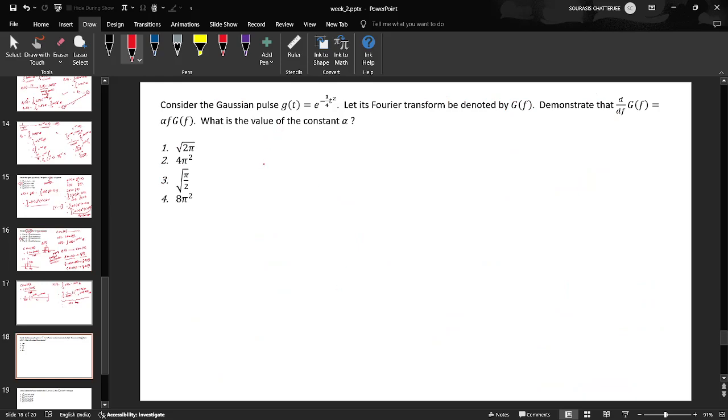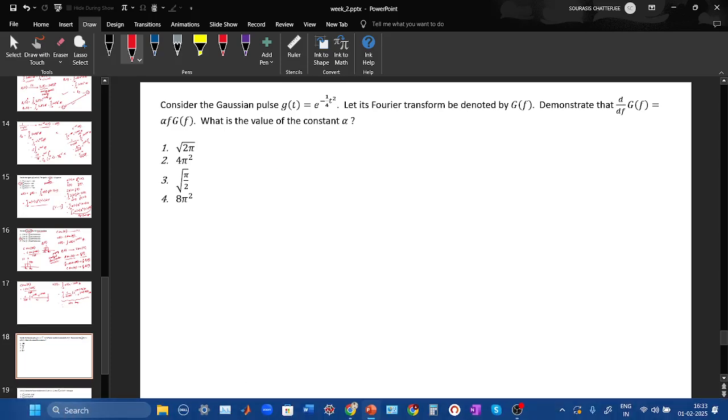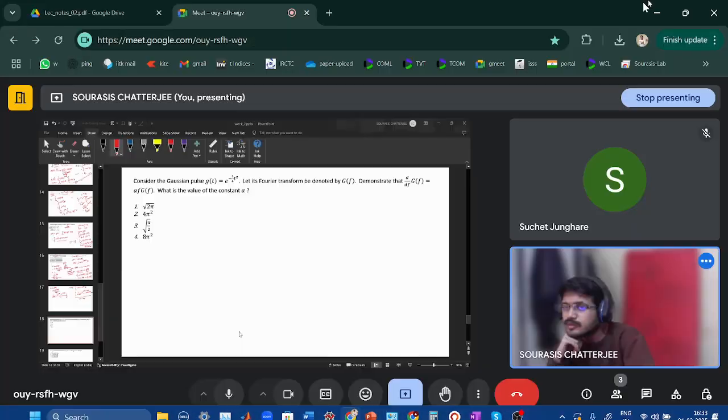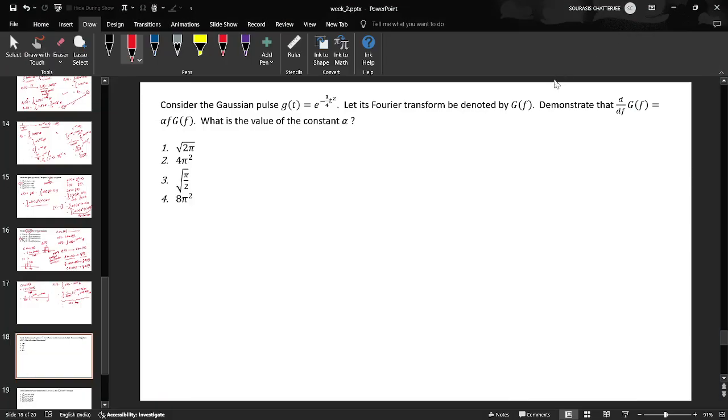So basically we are given a Gaussian pulse here, g(t) equals e to the power minus (1/4) t squared, and we are supposed to find the Fourier transform. Okay, now the Fourier transform is given: g(t) is equal to G(f) by applying the Fourier transform here, and we have obtained